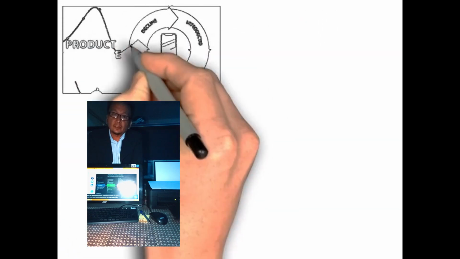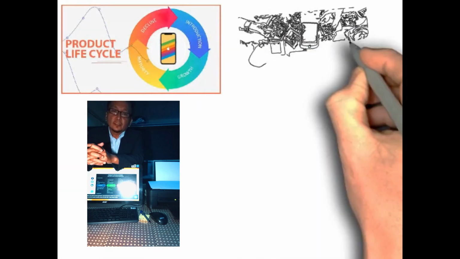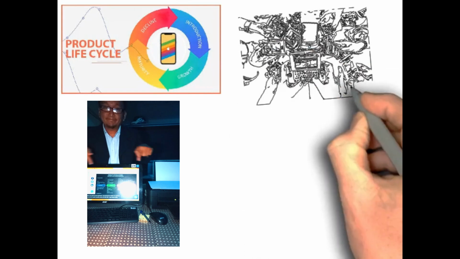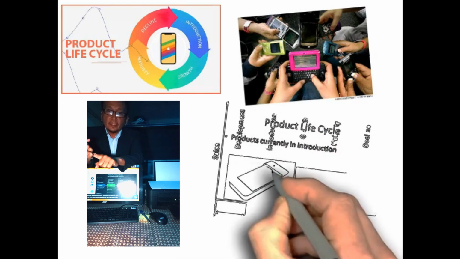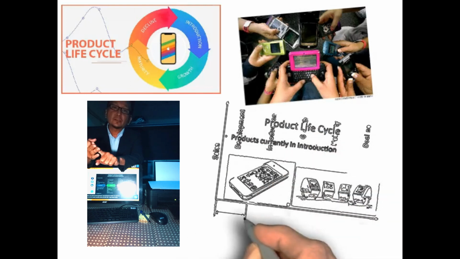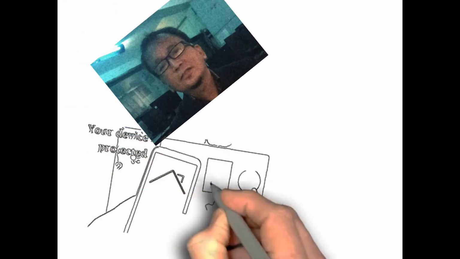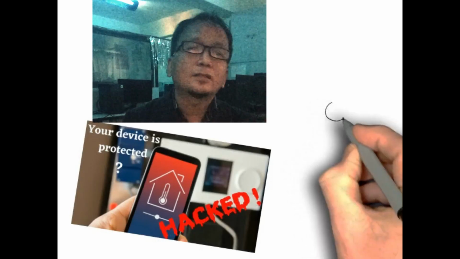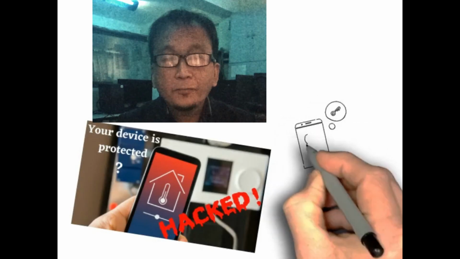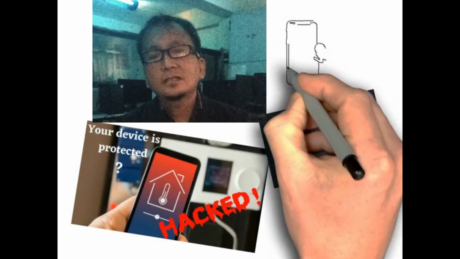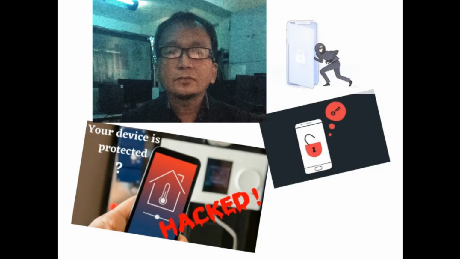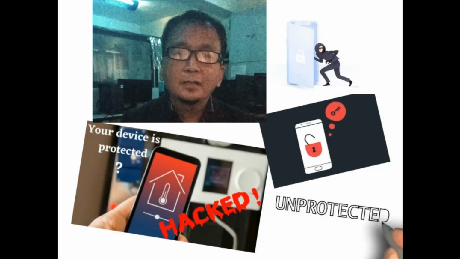Now this is all about the electronics problems in terms of materials and processes. Number 1, the product life cycle, which refers to the length of time of a product from the company to market then to consumers. We're going now to number 2, the unprotected components. Especially inside the phone that we have right now, except if your phone is branded. Most of the smartphones today have components that came from China, many of these containing toxic metals like mercury, etc.